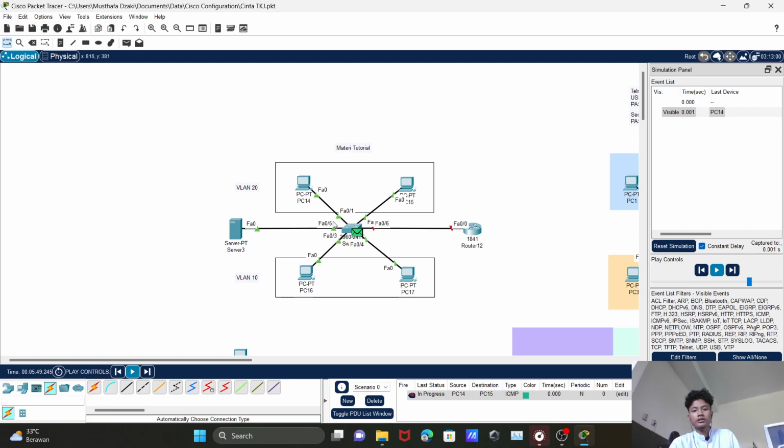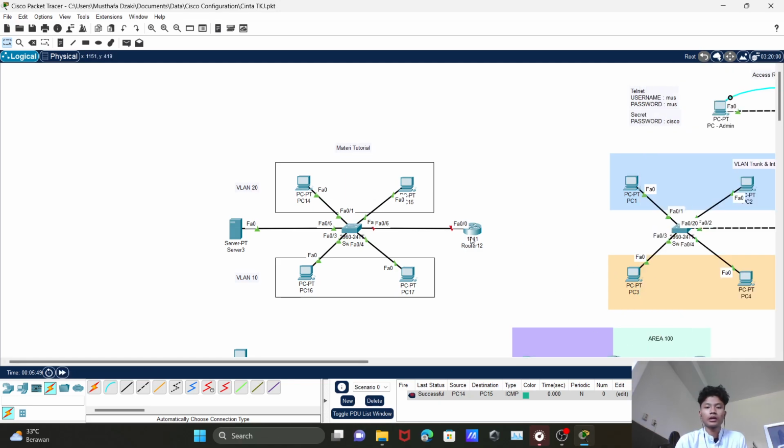The packet will be sent to the switch, and then the switch will send it to the destination, and then the destination will give a reply to the sender. And if you want to do InterVLAN routing, you want to make what is called a sub interface,